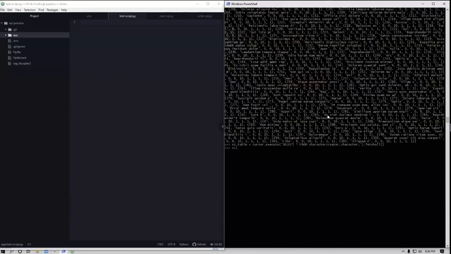So what happens if I do CC table, and I can index this, right? So I can say 0, and I get this first tuple. And then I can say CC table 0. I think values. No, it doesn't have attribute values. CC table 0, 1 to get the name, right?